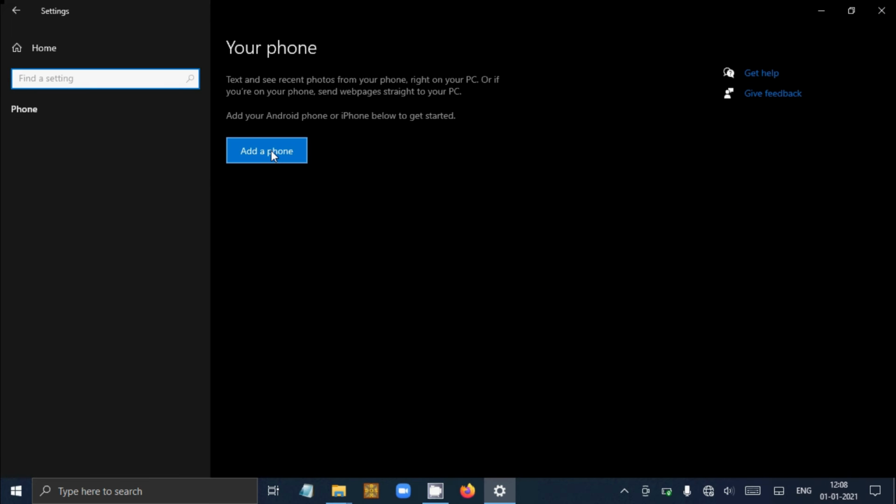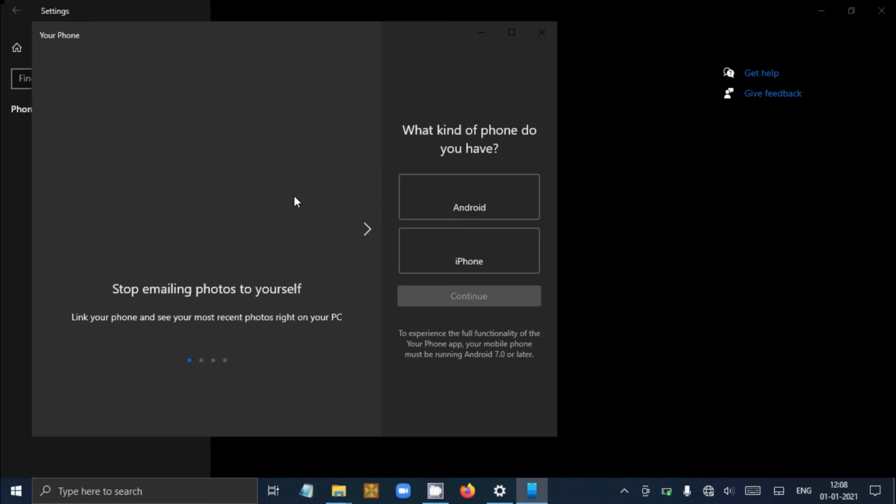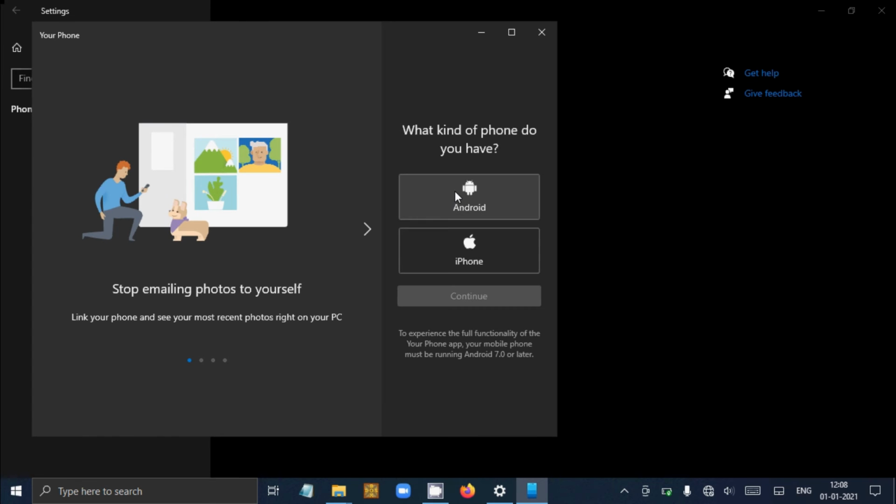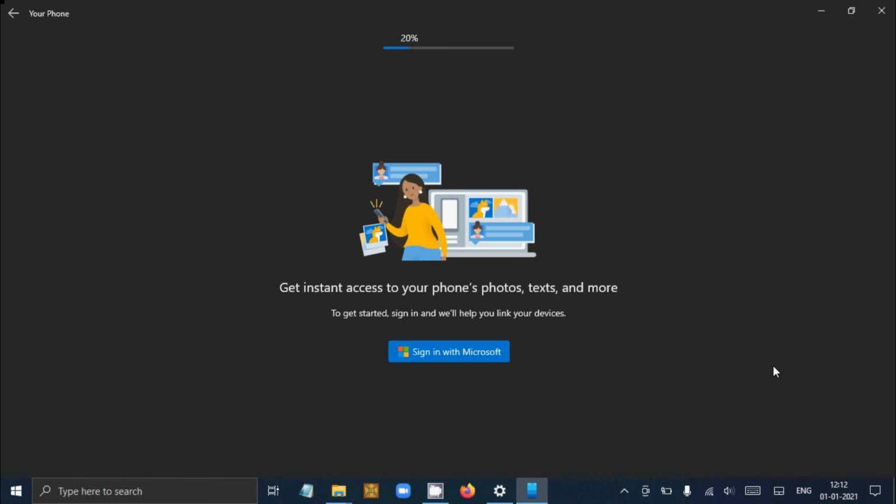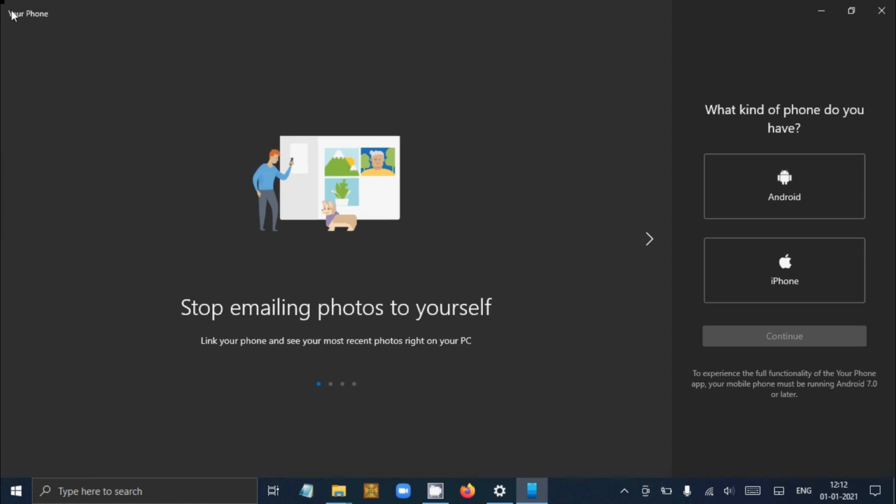First you want to log in here with Windows, Android. Here you can log in with Microsoft.